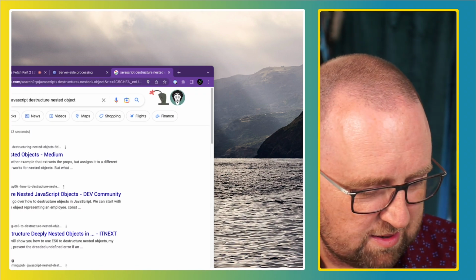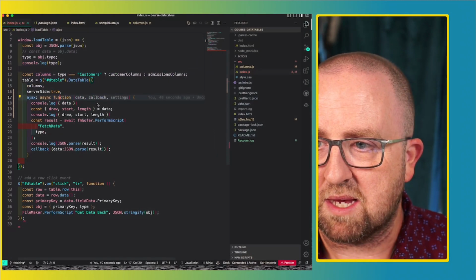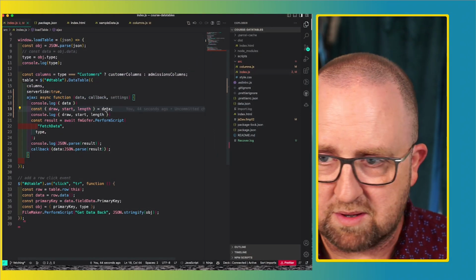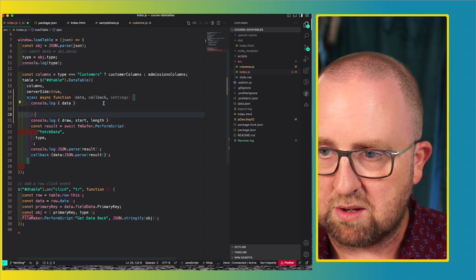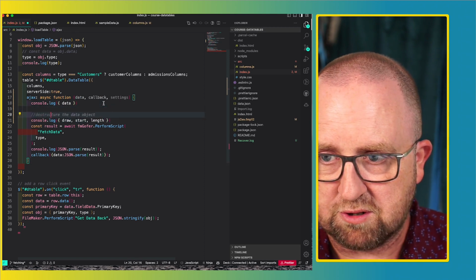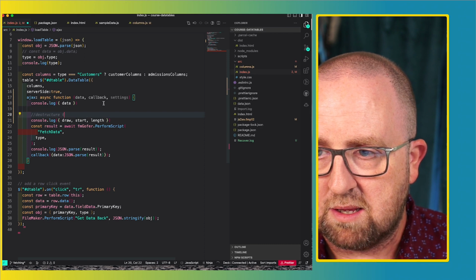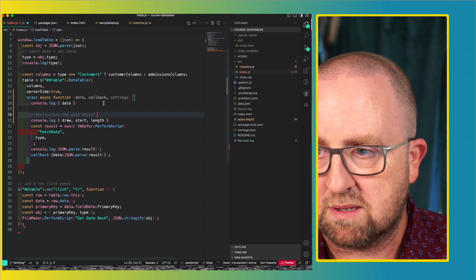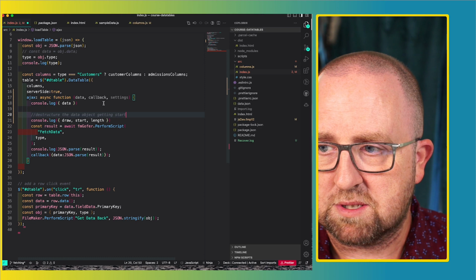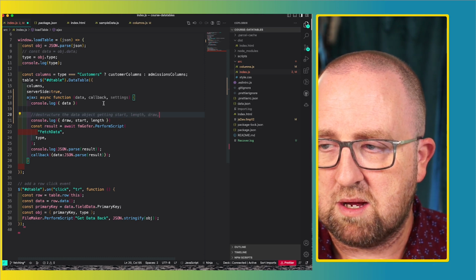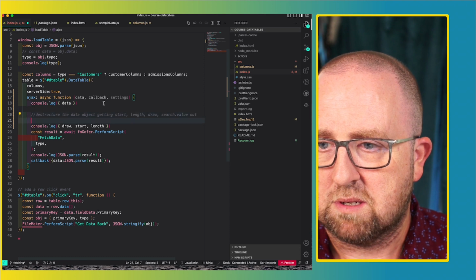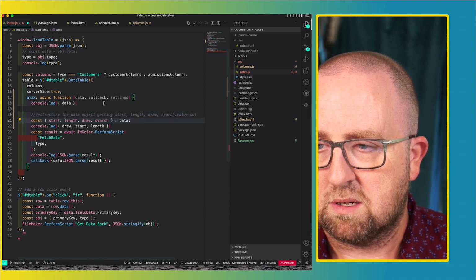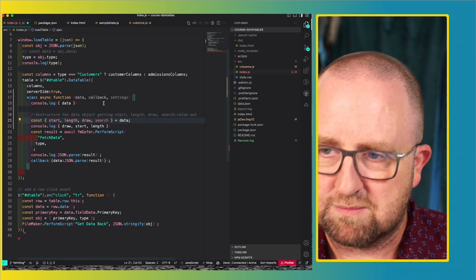Actually, before I look at the documentation, I'm going to get rid of this. And I'm going to say, using Copilot, destructure the data object, getting start, length, draw and search.value out. Okay,